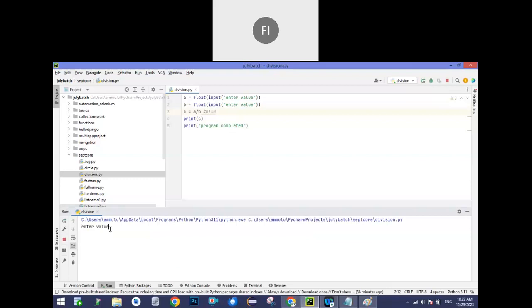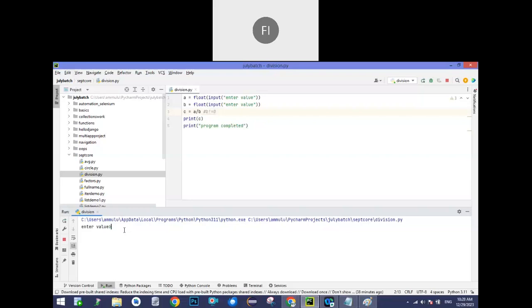Similarly, what type of value is expected when it says enter the value? Float value, right? But the customer by mistake gives some character, I gave b. So can we convert b to a float? Is it possible? Can we convert b to a float? I'm asking. Yes, sir, possible, typecasting.